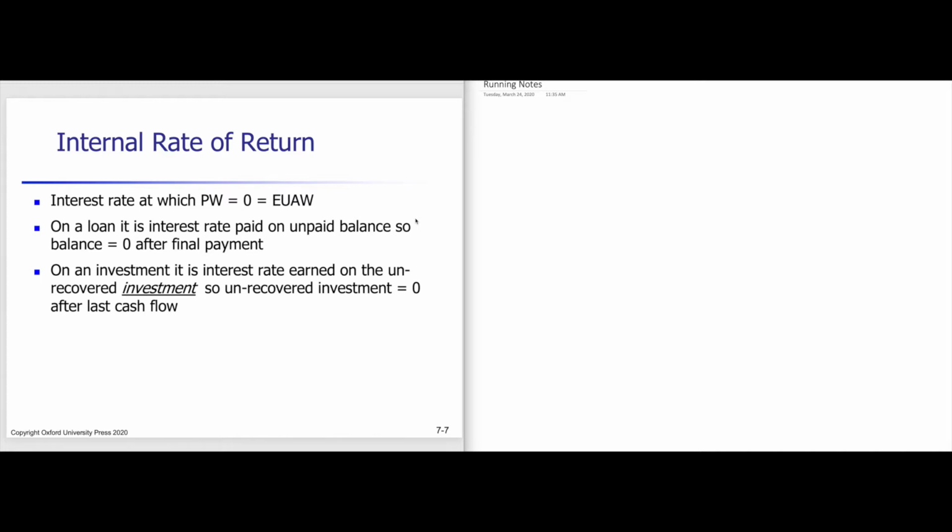Now, this is internal rate of return. We also call it IRR. We already started discussing this in the class, but let me give you a recap. Now, in this chapter, our primary focus is to calculate I